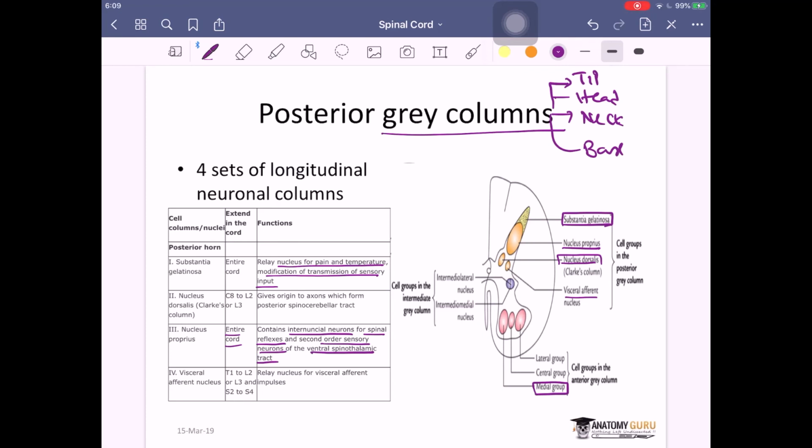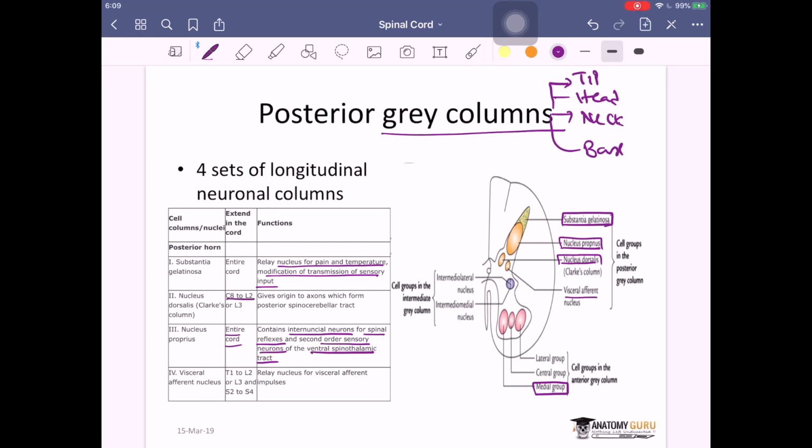So we have one is lateral, other is ventral. The lateral one is up there, that is your substantia gelatinosa. This one is your ventral, called the nucleus proprius. So in the nucleus proprius, again our second order neuron will relay in this part of it, and other than that it is also responsible for your spinal reflexes. Now we got the nucleus, sorry, this was your proprius.